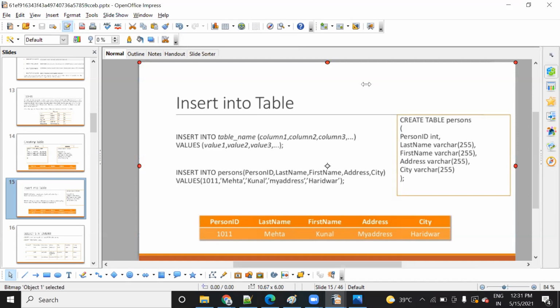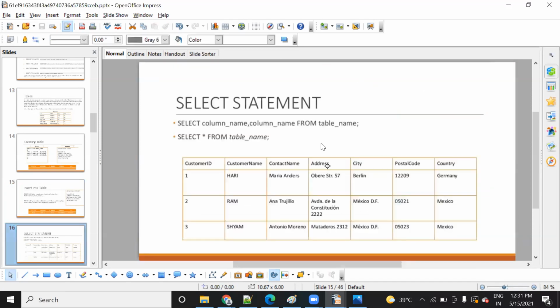So in this way you can add it. Now you want to see the data that you have added, then how will you write it? Select the column name, comma, column name, comma, that you want to see. If you want to see all the columns, here how many columns are there? 1 2 3 4 5 6 7.